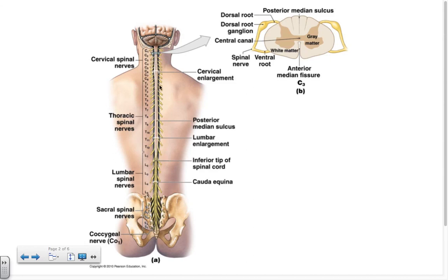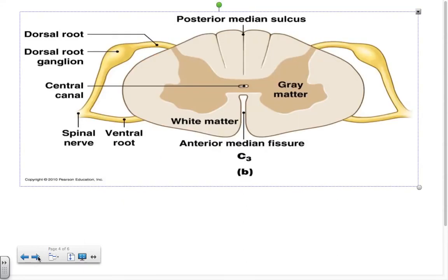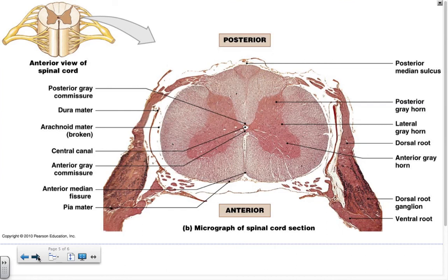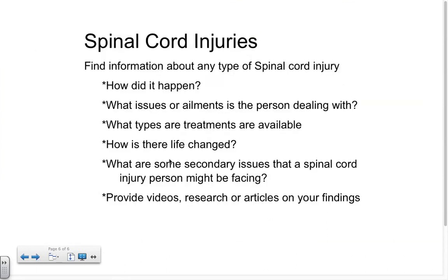Can you find out what some of these nerve roots are, as far as motor and sensory control, because we're going to learn about that in the next lesson once we look at the different areas of the brain and cranial nerves, and we'll also look at these spinal cord nerves as well. But I want you to get a basic anatomy and a basic idea of what can transpire. So once again, the assignment is at the end of the page on slide 5, and I will also post this on the portal, and so hopefully we'll be able to gain a better understanding of spinal